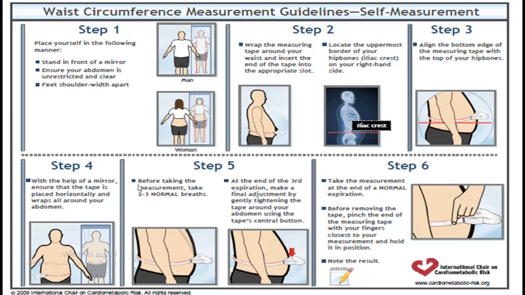Step 2. Wrap the measuring tape around your waist and insert the end of the tape into the appropriate slot. Locate the uppermost border of your hip bones, iliac crest, on your right hand side. Step 3. Align the bottom edge of the measuring tape with the top of your hip bones. Step 4. With the help of a mirror, ensure that the tape is placed horizontally and wraps all around your